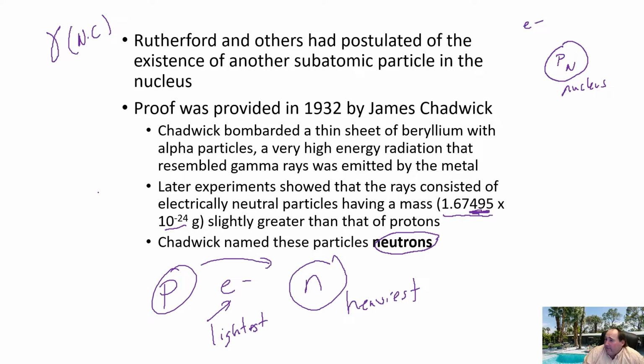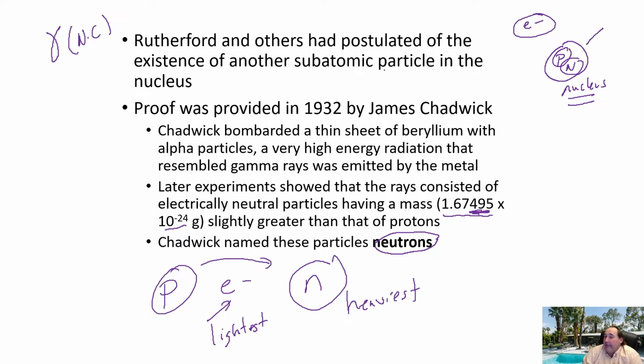So if you remember, the proton was about 1,840 times heavier than any electron. And since the neutron is just slightly heavier, it also would be in that ballpark, about 1,840 some odd times heavier than an electron. This also, again, reinforces the idea that we have both the proton and the neutron in the nucleus, and both of those particles individually are about 1,840 times heavier than any electron that is flying around